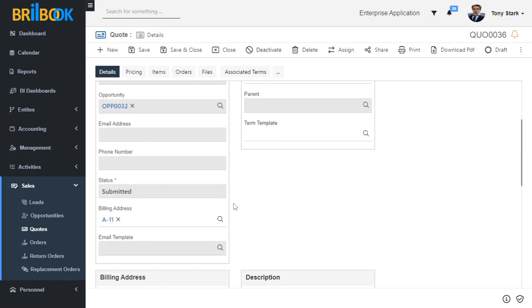Here you can see the quote status changed from draft to submitted. After that, now I am going to approve this quote record. For that, navigate to the ellipse button, click on approval and click on approve button.